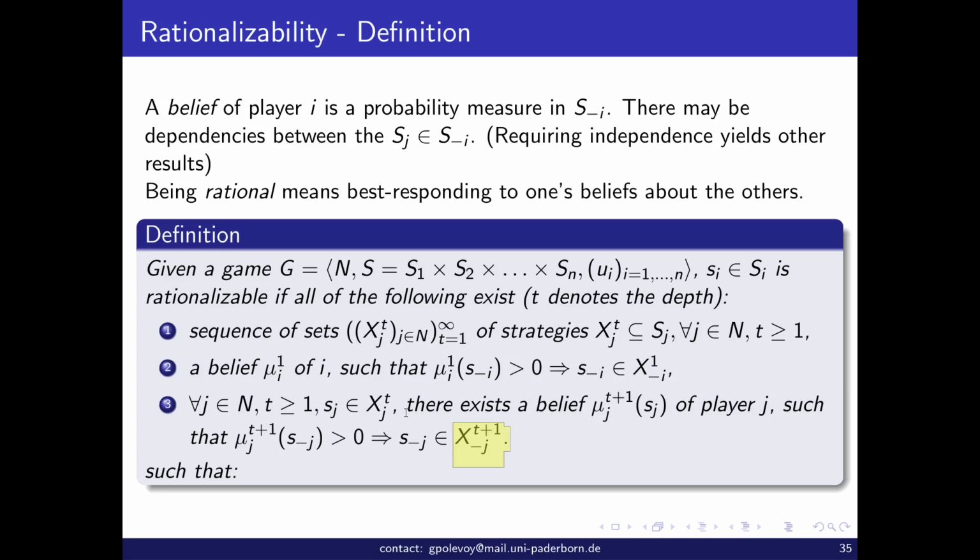So the intuition is that the sets, this sequence of sets, are those sets of the strategies which are required for us for the justification of what we assume, that Si is rationalizable. Si is concretely justified by the belief mu I1, but mu I1 requires some belief on the other agents in X1 minus I, and each one of them requires some belief. Each sj there in Xtj requires some belief in the next level, mu t plus 1 j of sj,